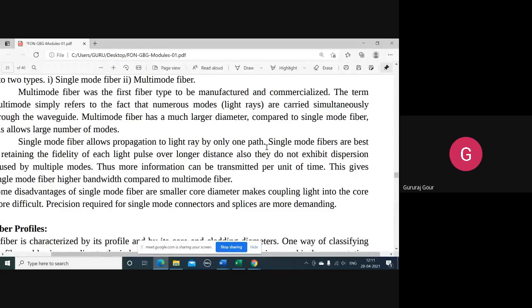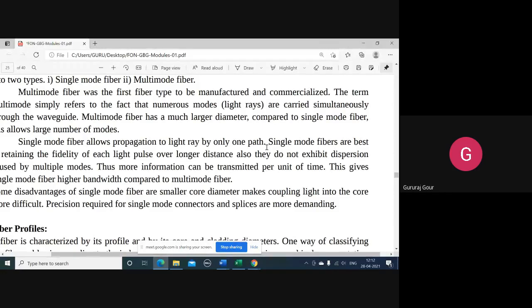So this mode is going to differentiate these different light rays and will help to carry more than one type of information. So this is the basic difference between single mode and multi-mode fibers. And because of this basic reason only, single mode, as it is going to support only a single ray, a single orientation of E and H field components, the core diameter will be kept very small.